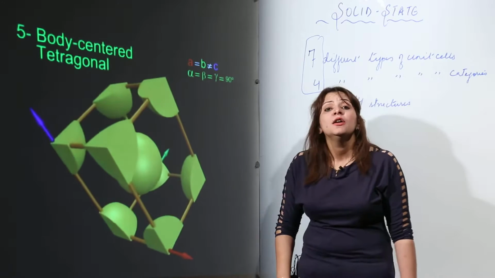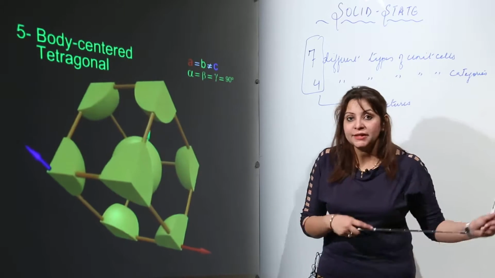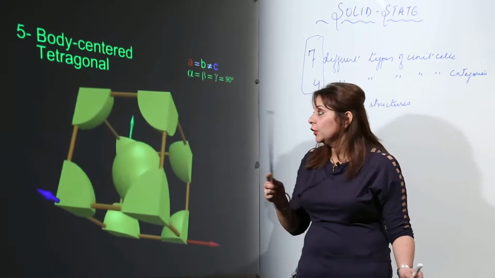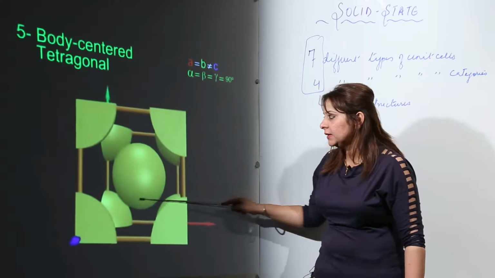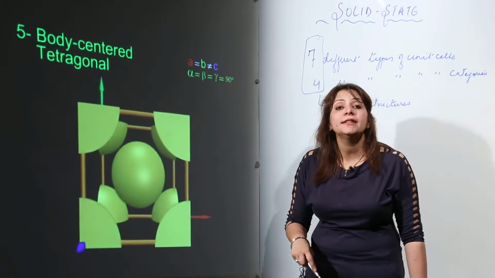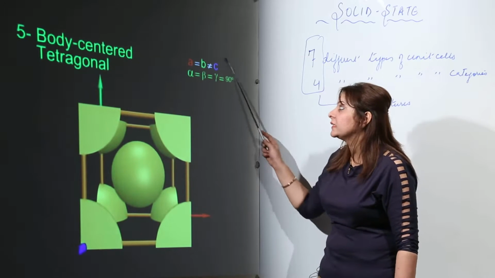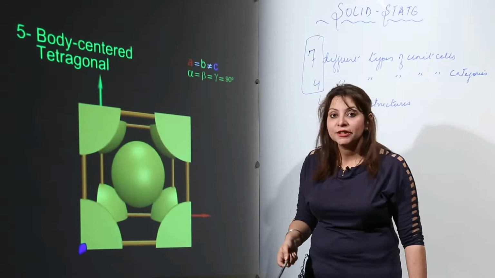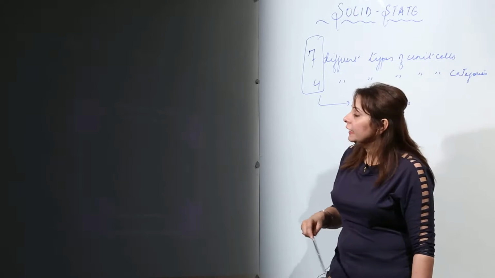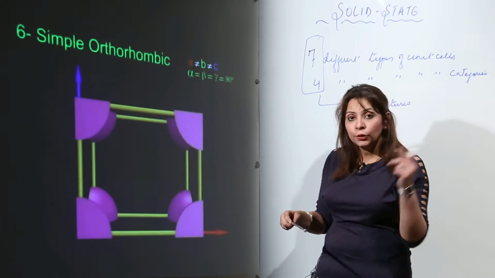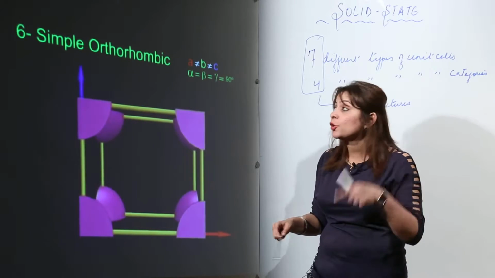So that means we can find tetragonal in the form of primitive, as you just saw, with particles on the corners, and you can also find it in a body centered way, that is, in the center. And as far as the dimensions are concerned, you know that these 2 sides are equal, not equal to the third side, and the angles are again 90 degrees. Now we see that there are only 2 forms of the tetragonal.